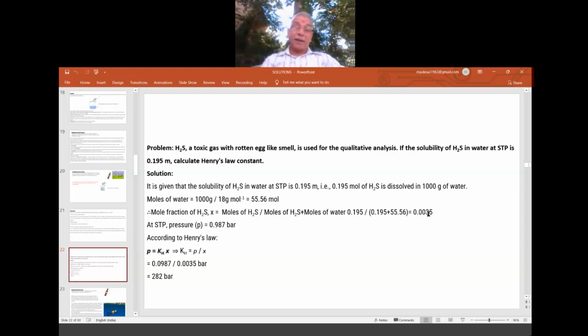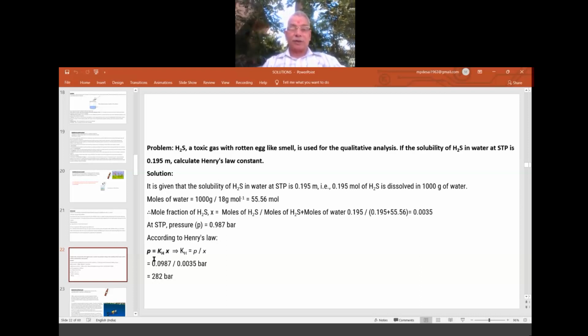Now, at STP, what is the pressure? This is given in the 11th class states of matter chapter, where we learned gas laws. So what are the conditions of temperature and pressure at STP? In terms of bar, it is 0.987 bar. Or in terms of millimeter mercury, it is 760 millimeter mercury. One atmosphere is always close to 0.987 bar, a small difference, so both are taken as standard pressure conditions. Because I have taken bar, the pressure equals 0.987.